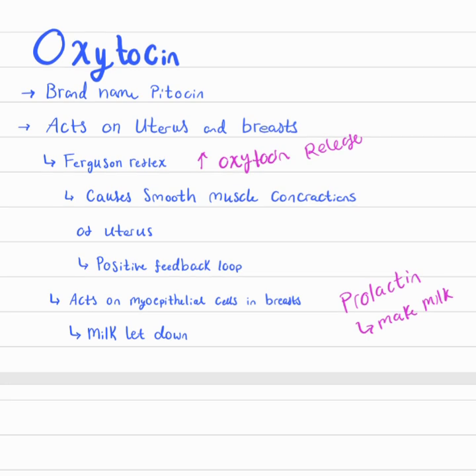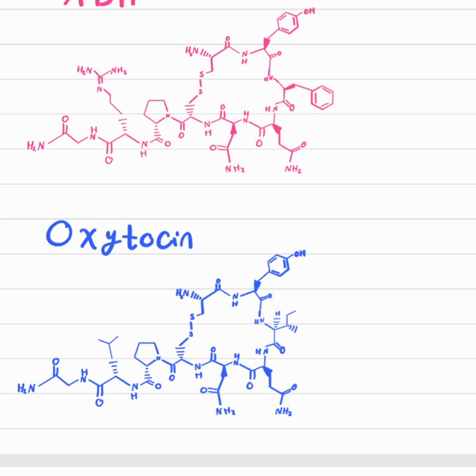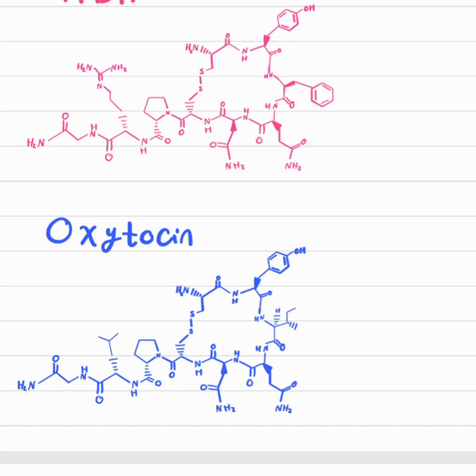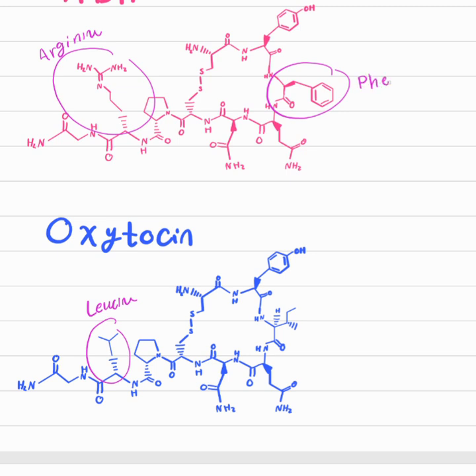But these oxytocin and ADH are really similar. So here is what they look like. And we can go through and see the differences here. This is going to be a leucine group. And then up here we have arginine. And then the other big difference is here we have a phenyl-